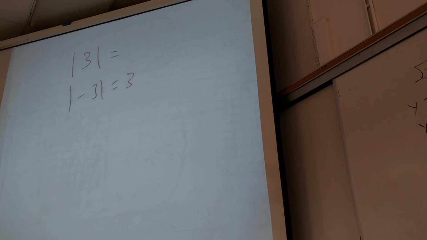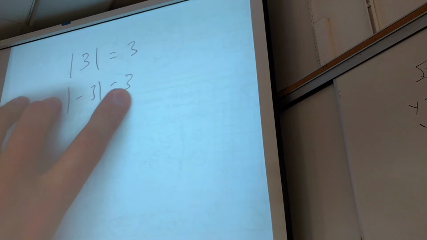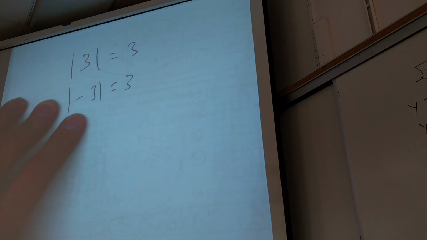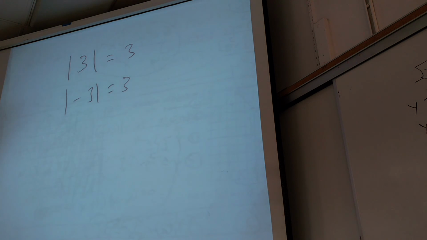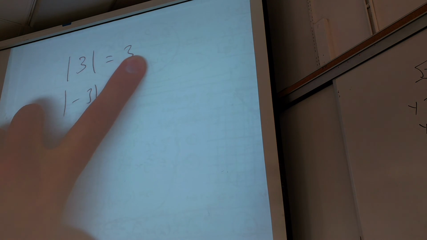I'm asking you right now, what does it do? So these are both 3. Oh, you gotta love absolute value, right? The answer is always positive, right? So the absolute value of 3 is 3 because it's